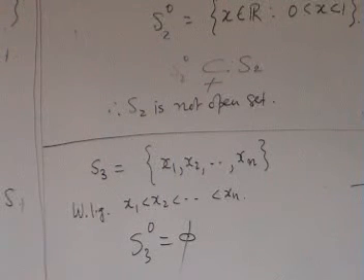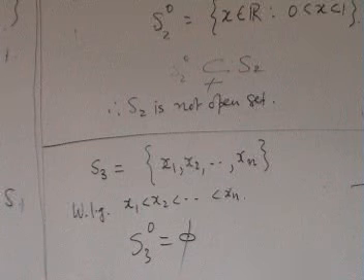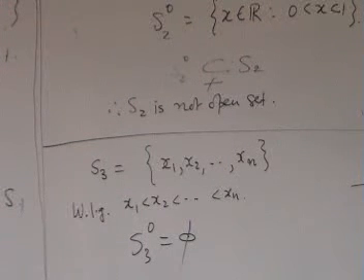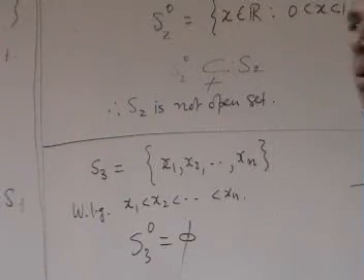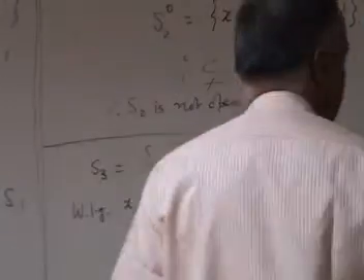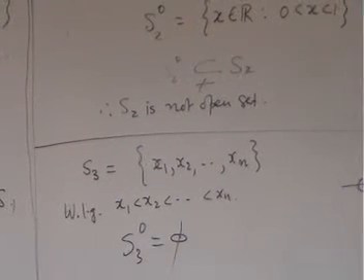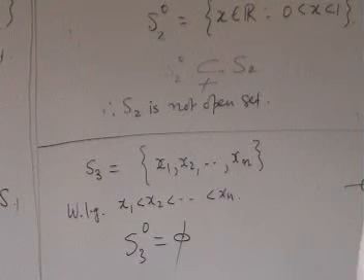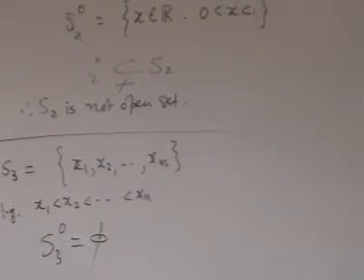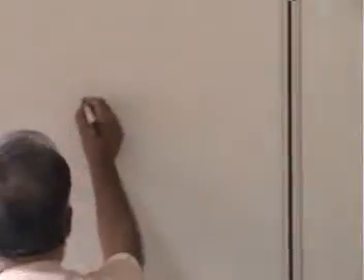It can be empty, or it's a part of S, or it's exactly equal to S. If it is exactly equal to S, we call it an open set. Okay, now one observation which I will not prove, which is easy to see. Whenever I say it's easy to see, that means you have to fill in the gap. This S0 itself